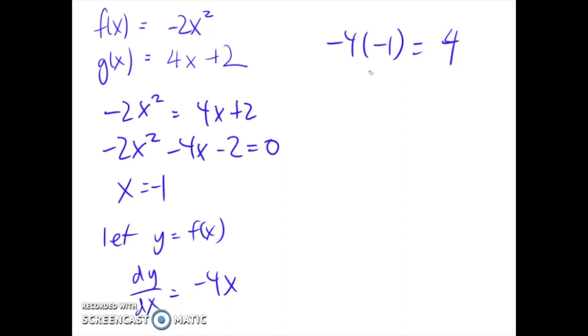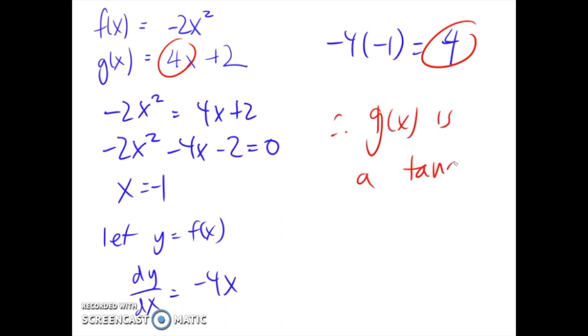So the gradient is 4. And from here on, you can see that this gradient of the curve is the same as the gradient of the line. Therefore, you can write, therefore, g of x is a tangent to f of x at x